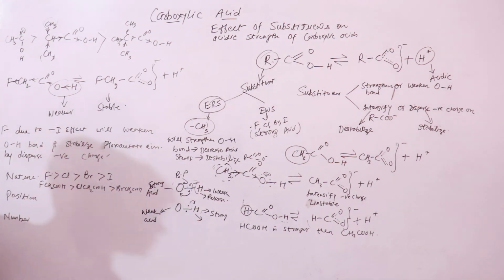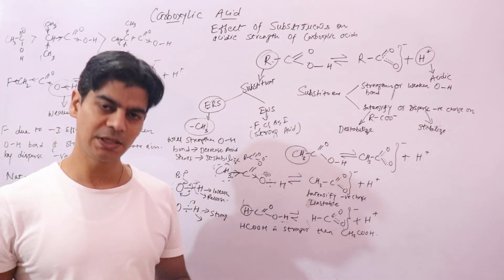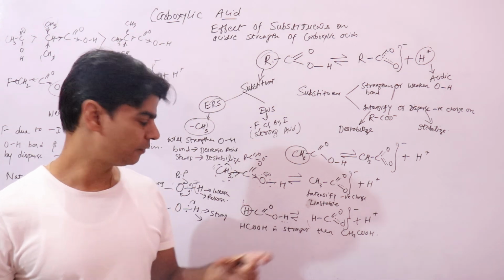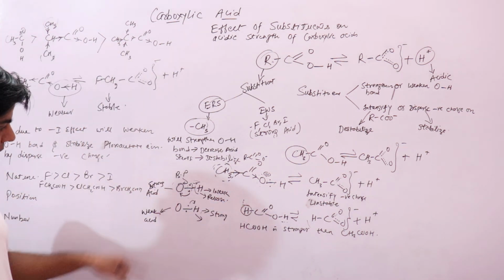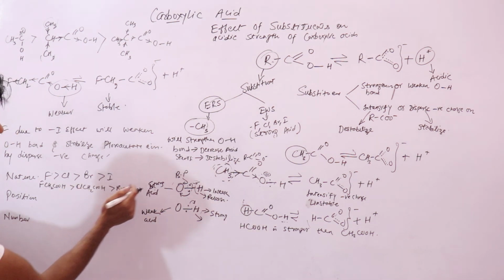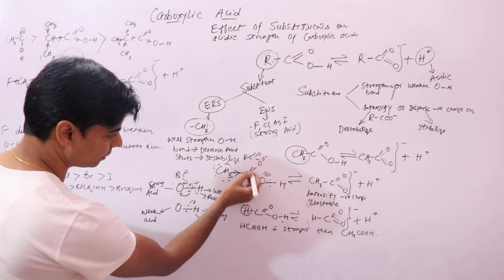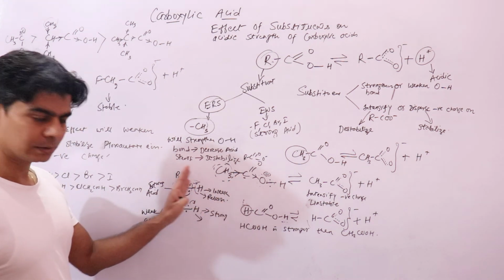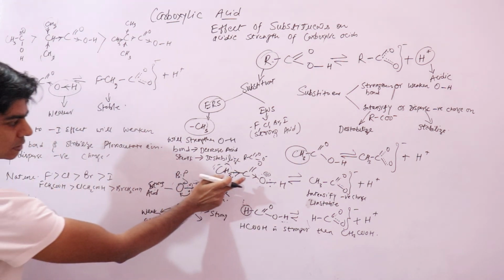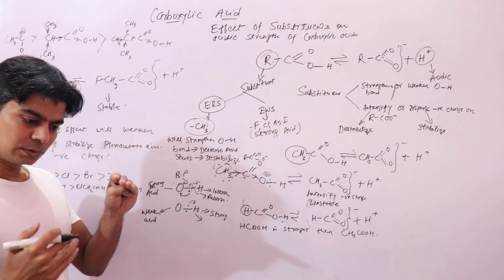These questions are asked many times. This is very important. Now position. When we talk about position, if this halogen atom is far away from this carbon atom, the more away this halogen atom would be from this carbon atom, less would be